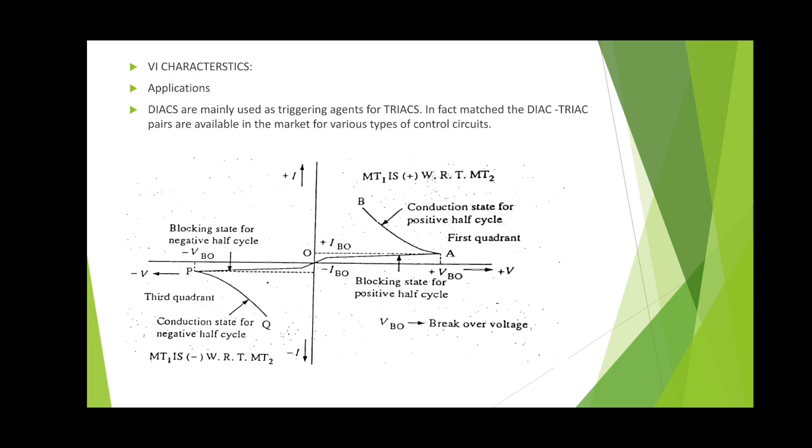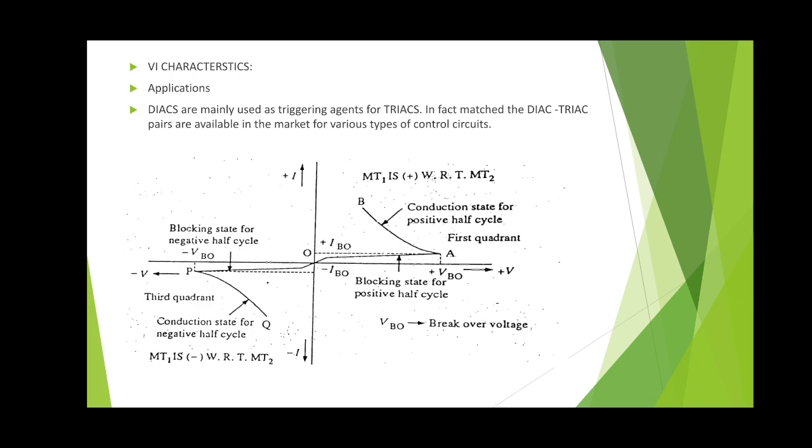So the device can be triggered by either a positive or negative half cycle of an AC cycle. Now here, the DIAC and TRIAC are the devices which work for AC. They allow the flow of current in both directions, so the supply will be AC. So the DIAC can be triggered by either the positive or negative half cycle of an AC. For the positive half cycle, the characteristics are obtained in the first quadrant.